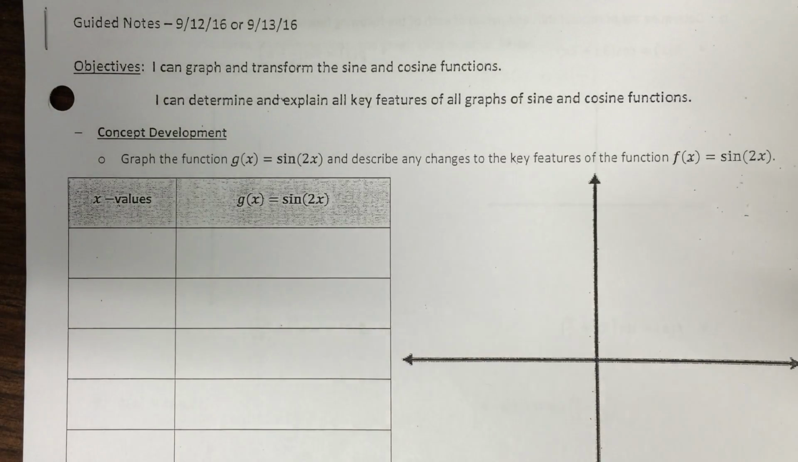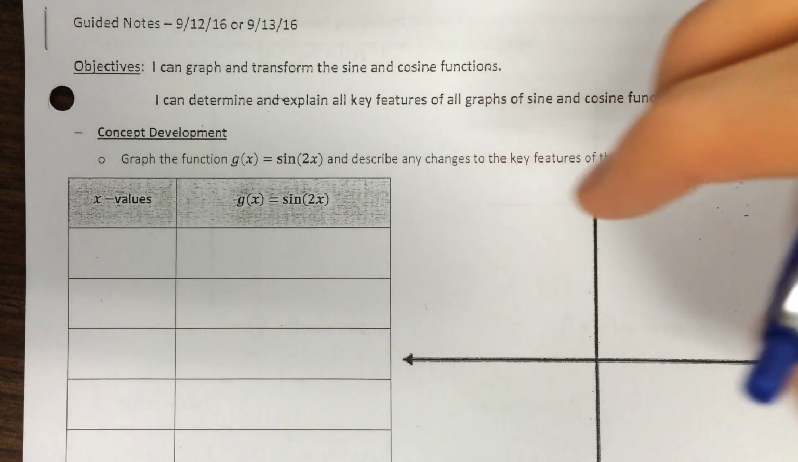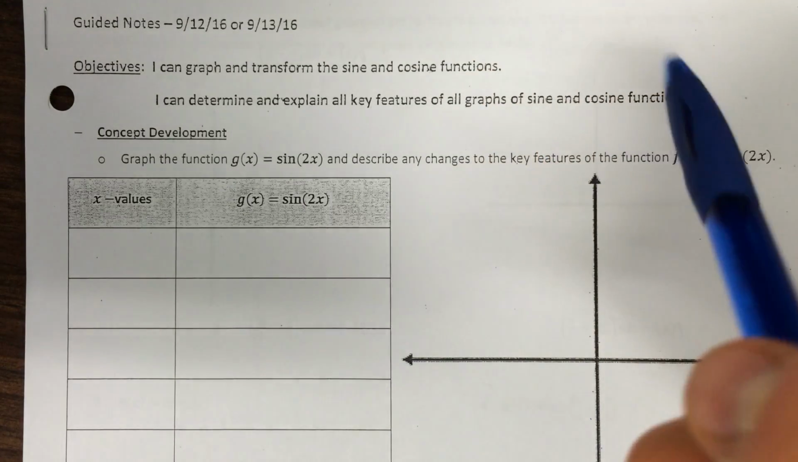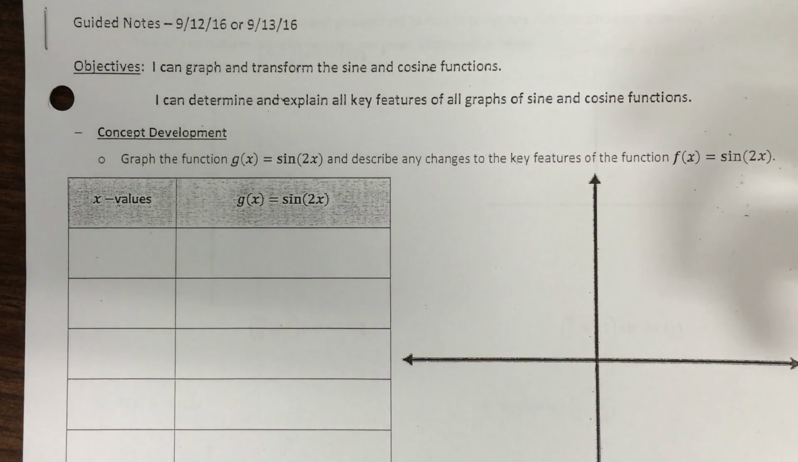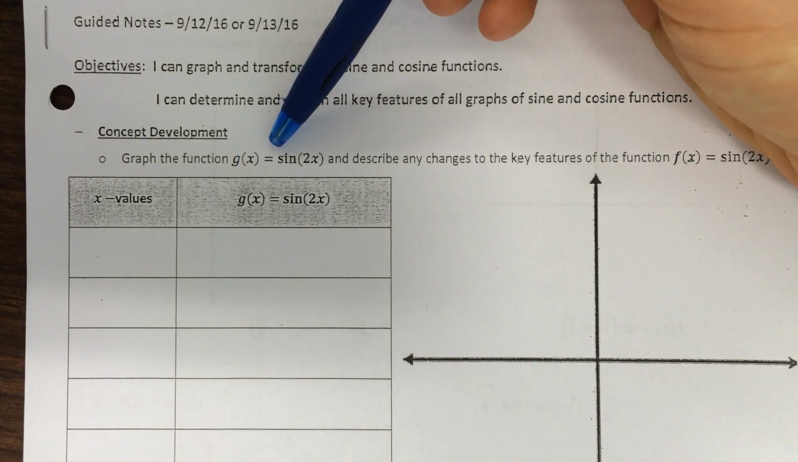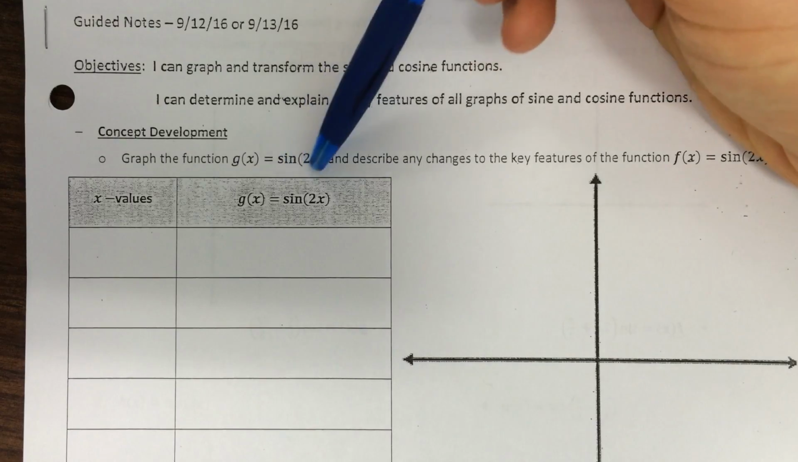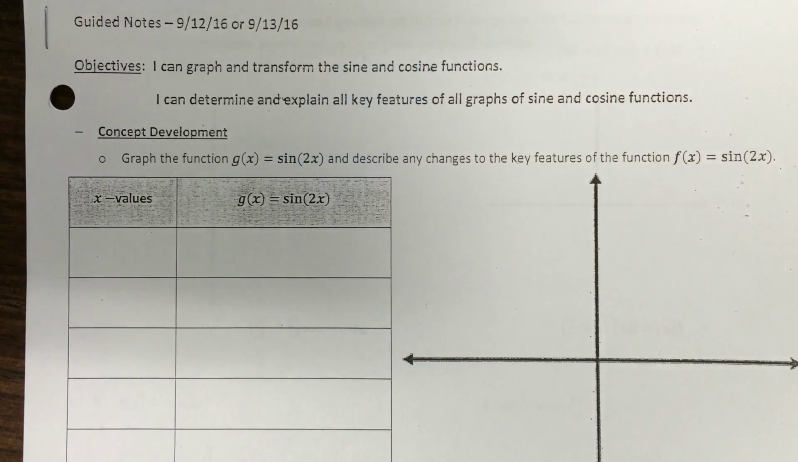To recap, we looked at how the function shifts up or down if we add or subtract a value outside our function, and left or right if we add or subtract inside of our function. We also looked at amplitude change or reflection if we multiply our parent function by a value. Now we're looking at what if we multiply x by a value, how does that change our function? So let's start